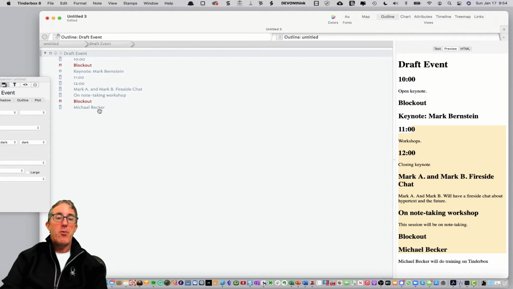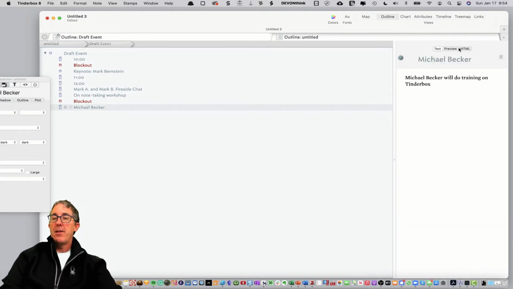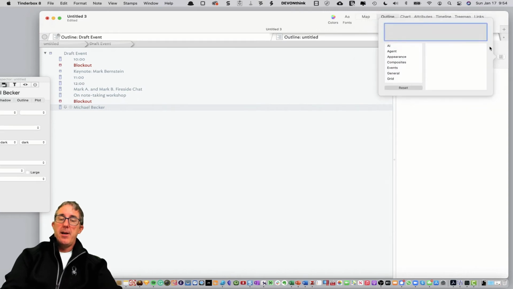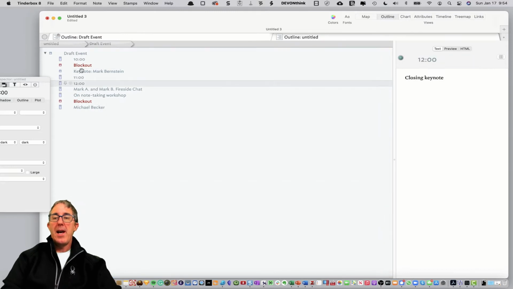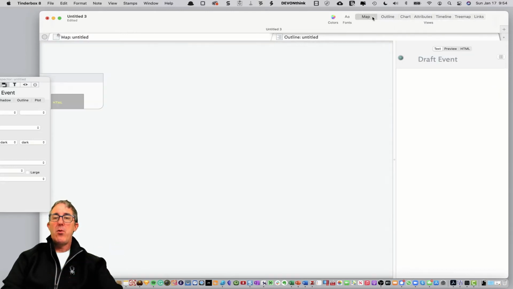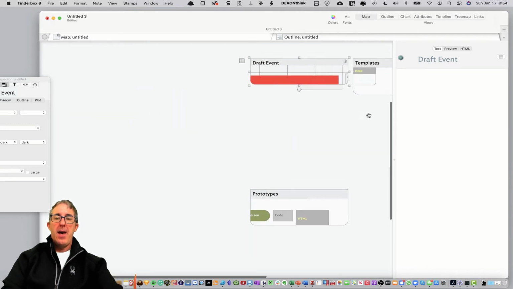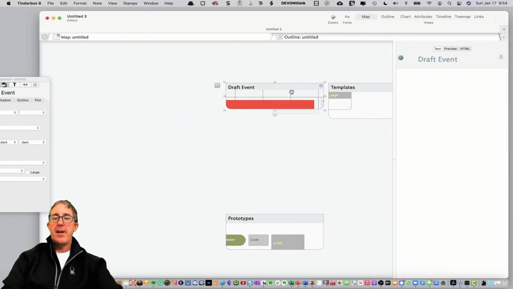Likewise, for example, we could be putting elements here too, like the type of speaker this person is, or are they getting paid or not. So there's just all of these different elements that you can be organizing and putting together for your event. So that's one high level way of event planning that Mark was showing us in the